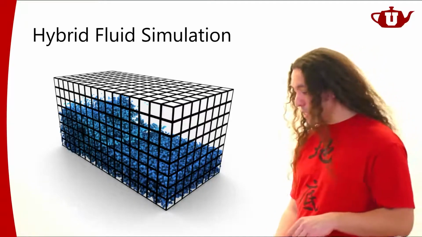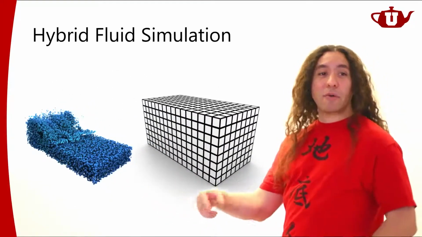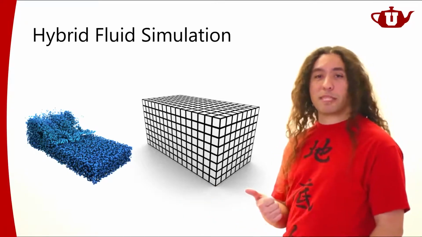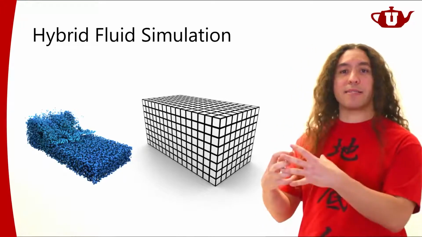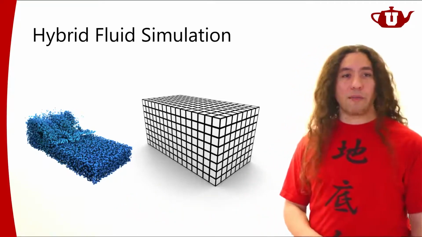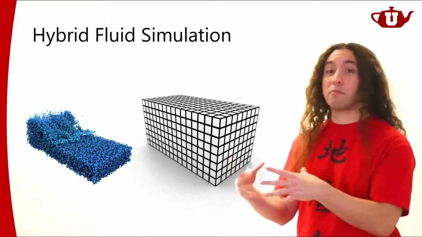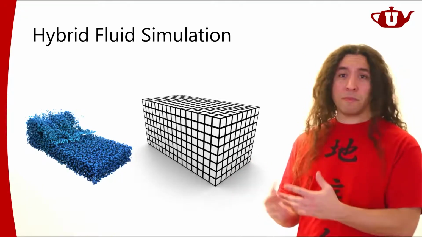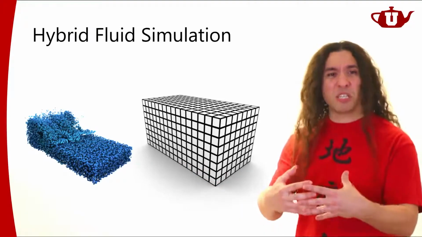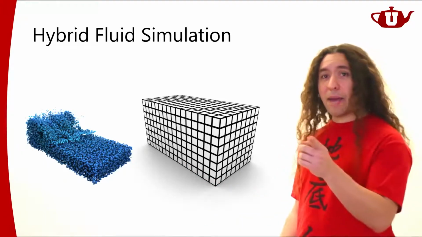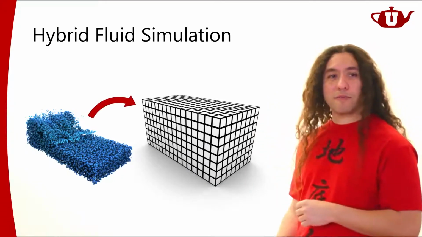So the way that it works is that I'm going to solve some of the things using particle-based representation, and I'm going to solve some of the things using the grid-based representation. For example, advection, that is the motion of the fluid mass, I am going to solve it using the particle-based formulation. In particle-based representation, I have particles with velocities and they move around. Very easy to compute. Super easy to compute. But then I'm going to take these velocities in their positions in the next time step, and I am going to take those velocities and I'm going to project them onto this grid.